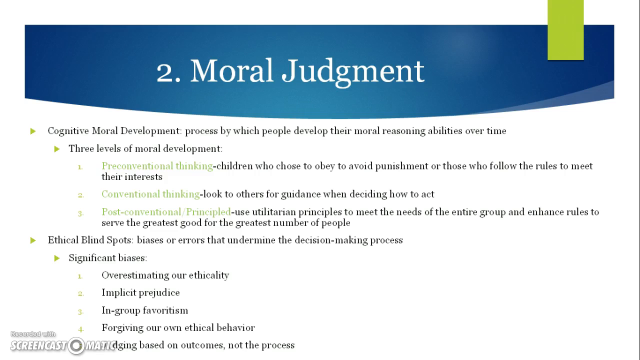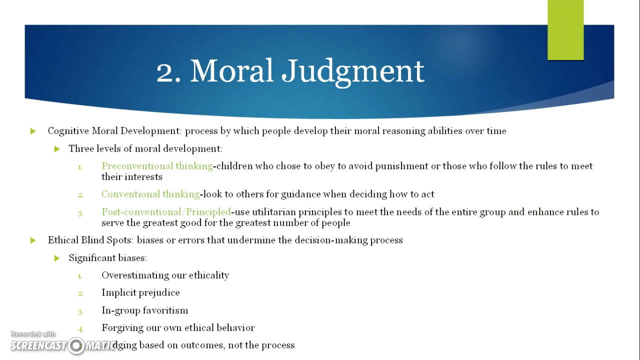Moral judgment includes two ideas: cognitive moral development and ethical blind spots. Cognitive moral development is a process by which people develop their moral reasoning abilities over time. There are 3 levels of moral development, including